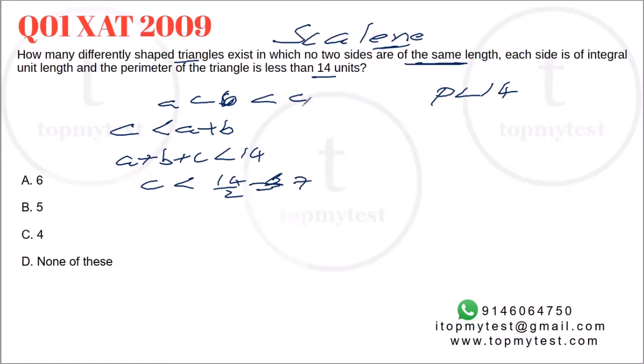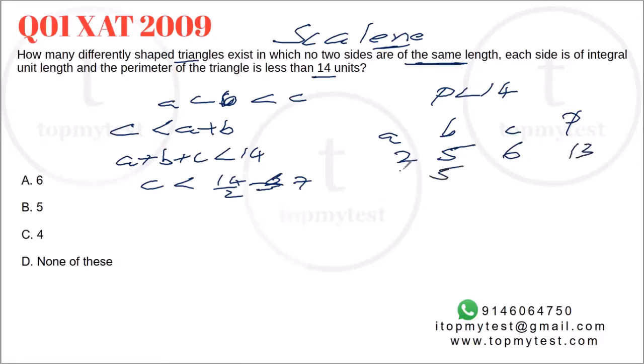So the highest value that the longest side can take is 6. So if we take A, B, C, the highest value will be 6. Right. So the highest value has to be lesser than 6 or lesser. Now we'll just check the perimeter just to make sure that's the case. Okay. So if I put 5, this will be 2 possible. 6, 5, 2: the perimeter is 7 plus 6, 13.